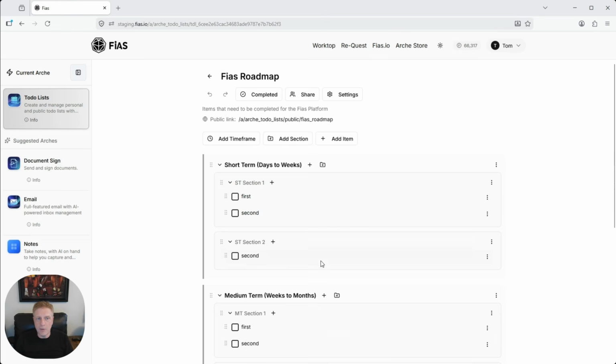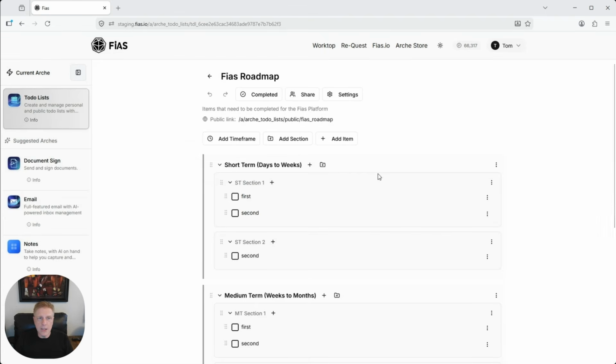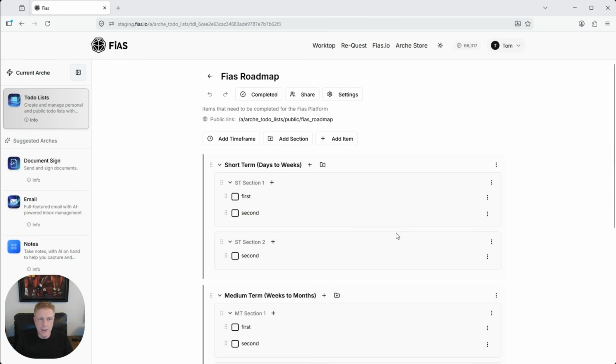But the thing that really is powerful about this is we can use this in place of Jira as a professional application to manage your team. What you can do then is share, you can add users into it. And once you've added users into the system, then any given item, you can assign it to the person. Then you can go in and see everything that's completed, completed by, per person. So at a simple level, it's a to-do list, but as you implement sharing and bring people in, it turns into a full-fledged team coordination arch.